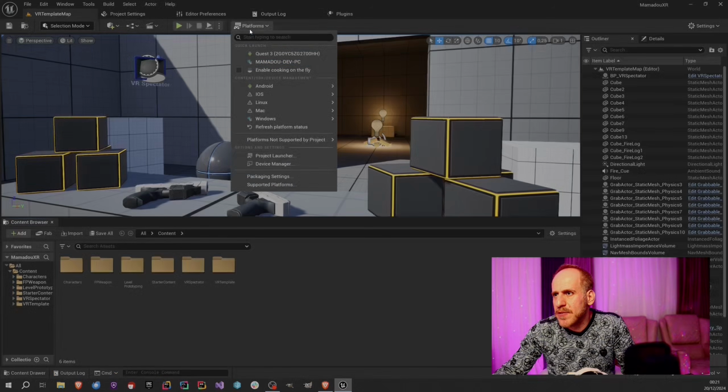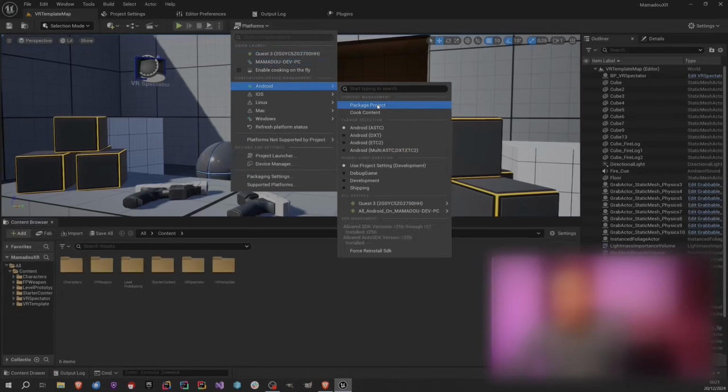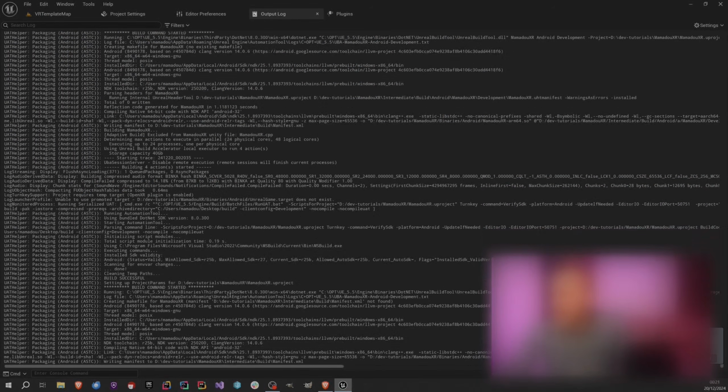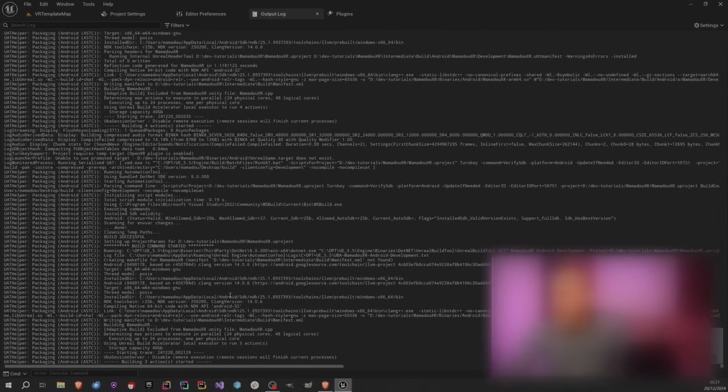I'm going to again choose Android package project inside this build folder. And we'll wait for it. It's going to take a long time, but it's going to compile your C++ code. And I see my picture is also frozen. And then after that, it's going to build your